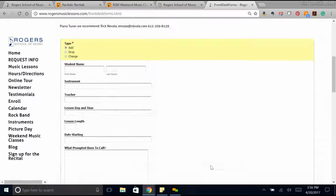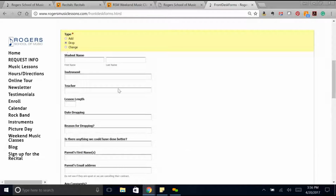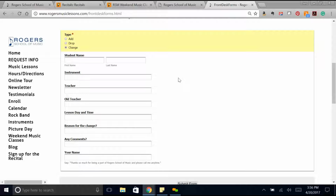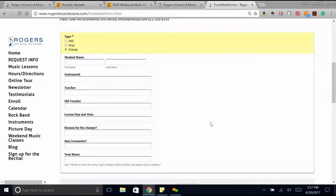That's adding a new student. When a student drops, some of the questions change. And if they're changing a teacher, there's different questions. Once these are submitted, it not only gets emailed to the entire staff, but it also gets saved in an online database. And we've written autoresponders so that the person who's maybe dropping lessons, they're going to get a personalized